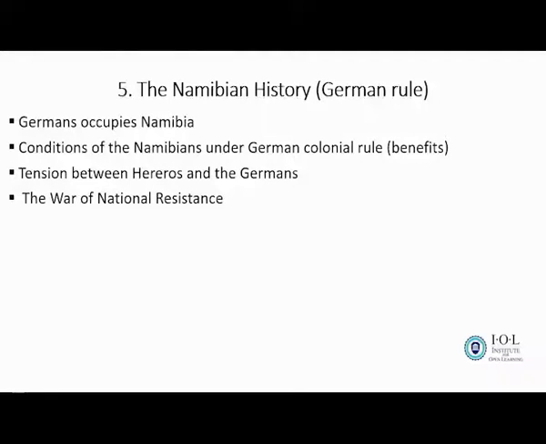Okay, and then we have tension between Hereros and Germans. What brought tension between the two? It was because of the confiscation of land and the confiscation of cattle. So the Herero thought it was daylight theft, because these people were just taking whatever. They were even giving them cattle on credit. If they didn't pay on time, they could come and get whatever they wanted from their cows. So they said, it's too much, we are losing, the land is taken.